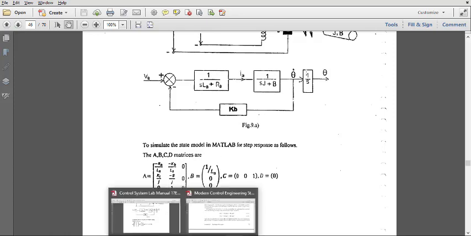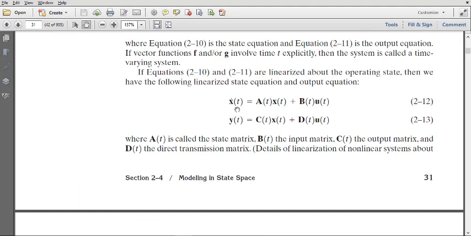Either you can use this or you can use the normal transfer function formulation. In theory, a closed loop control system can be defined like this, where x is the controlling variable or the independent variable. The first line is x dot equals A times x plus B times u, where x dot is nothing but the first differential of x.